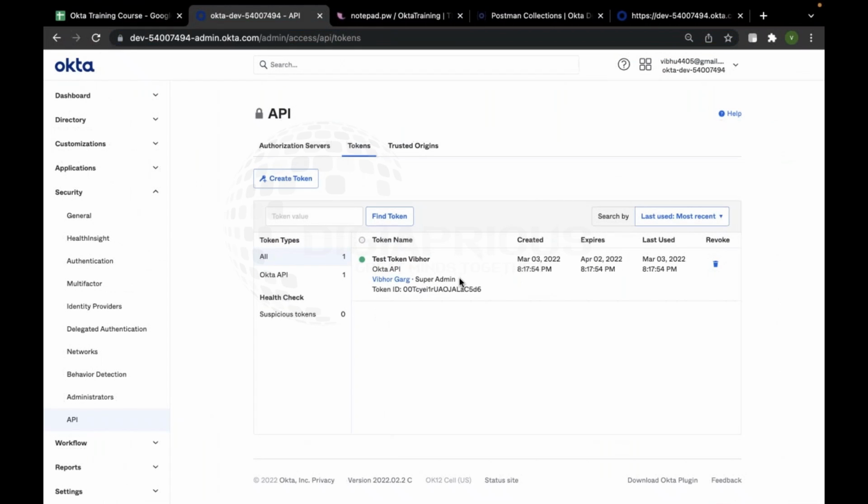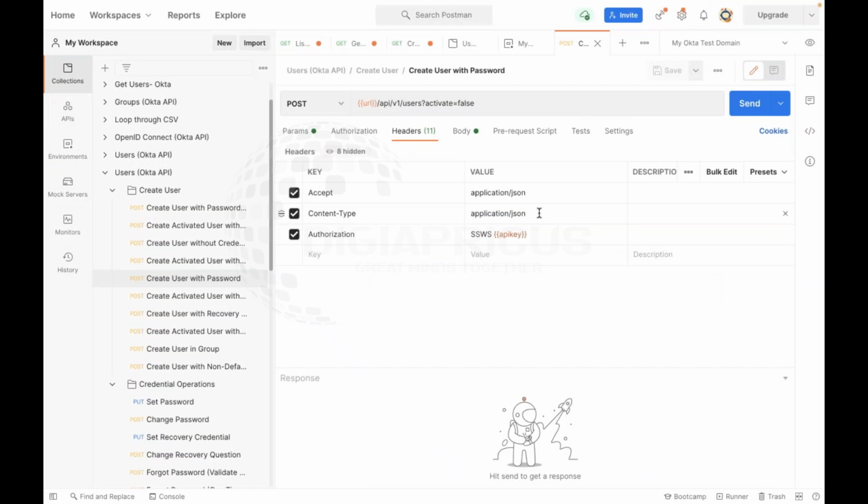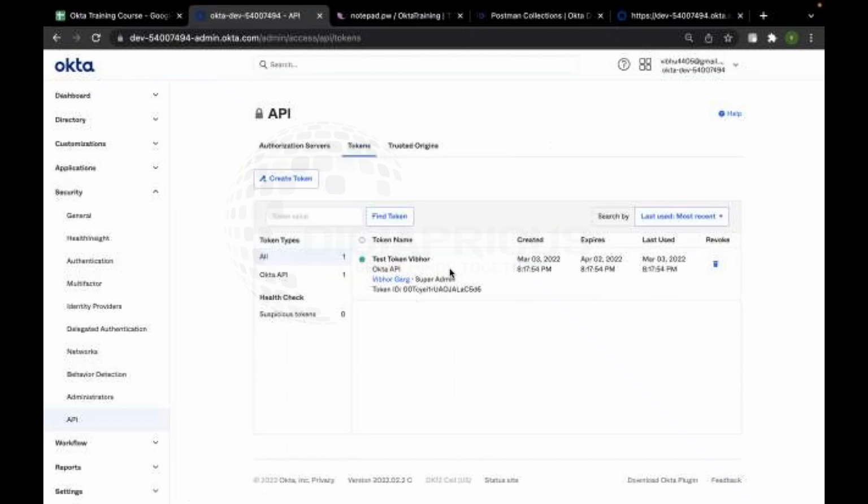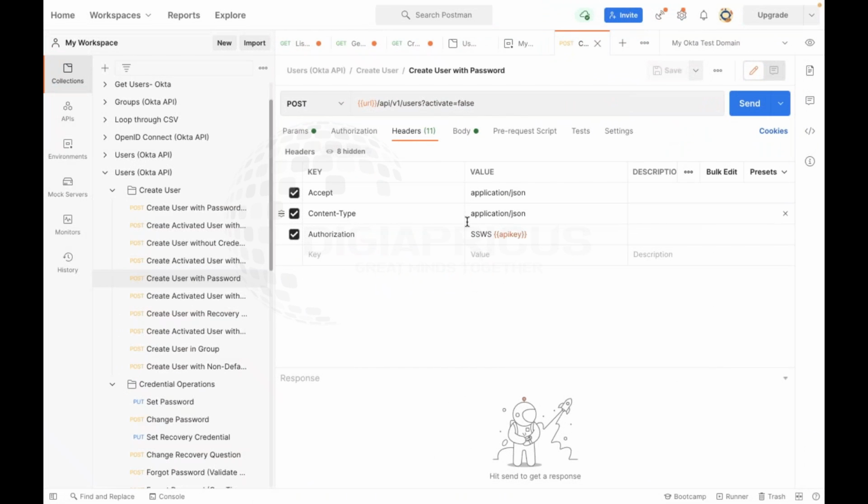Like if you can see, I am a super admin user. So it will try to understand whether this token has the privileges to get into the environment or not. So super admin is like the highest level of privileges you can have in Okta. So definitely it will not say anything. But if you're a read-only admin, and you're trying to get into the environment to create a user, and your API key is being created by a read-only admin instead of super admin, then at the time of runtime here in the Postman, it will give you an error saying that